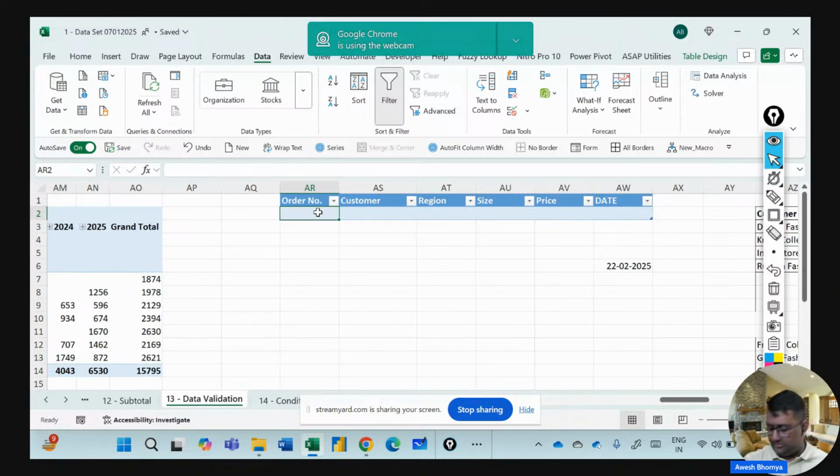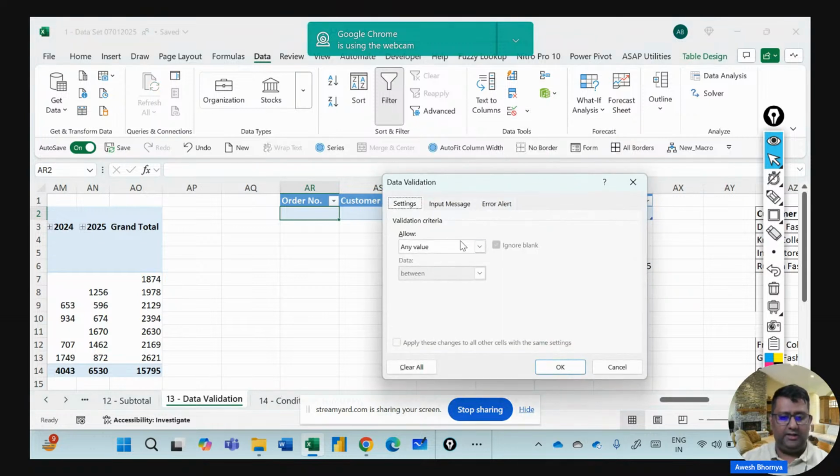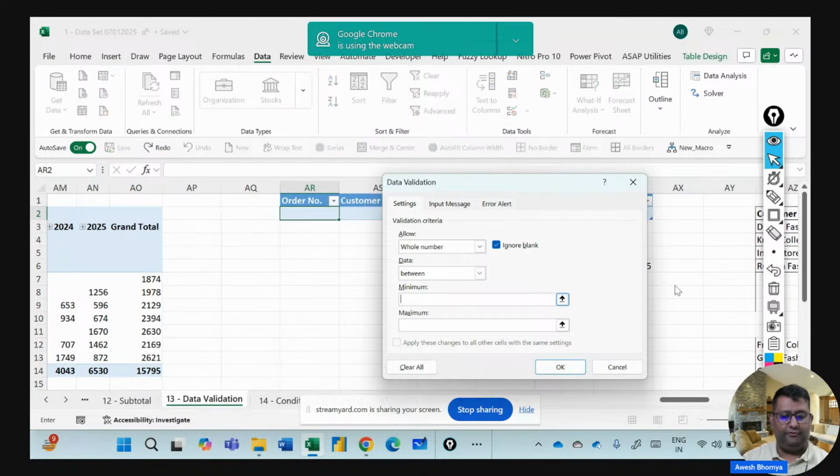Here I have this order number, and for the order number I'm going to apply a data validation rule, wherein I will only be allowed to enter between 1001 and 9999, right? So for that, I select the cell, go to the drop down for data validation, and under any value, I change it to a whole number. For the minimum I will set 1001, and for the maximum I will set 9999